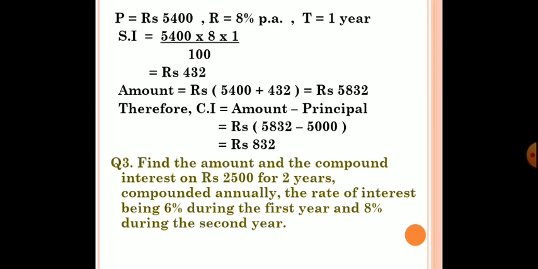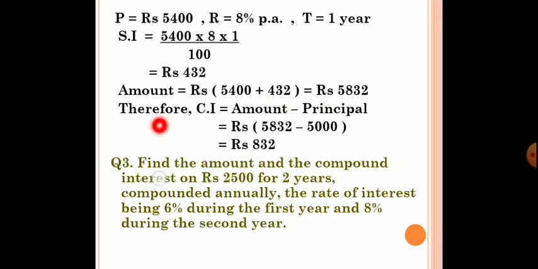So the principal for the second year is equal to rupees 5400, rate of interest is 8% per annum and the time is equal to 1 year. So the simple interest for the second year is equal to 5400 into 8 into 1 divided by 100, which is equal to rupees 432. So the amount is equal to, again, principal plus simple interest. So the principal for the second year is 5400 plus 432 interest, which is equal to rupees